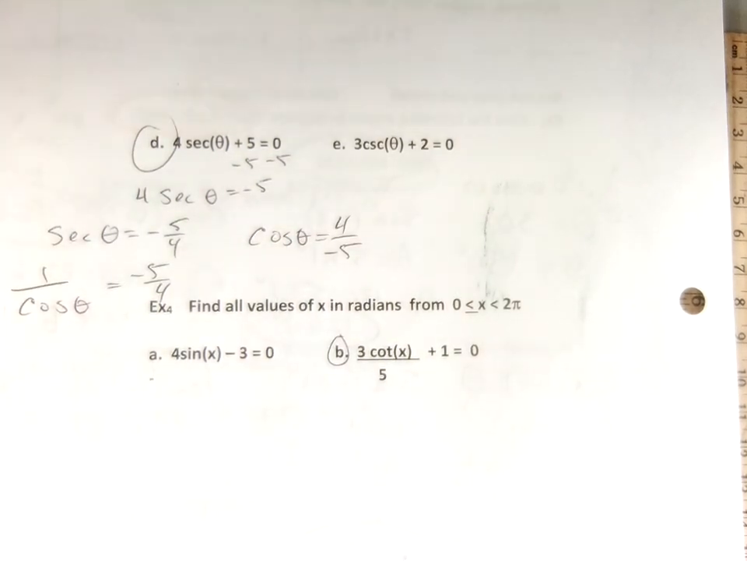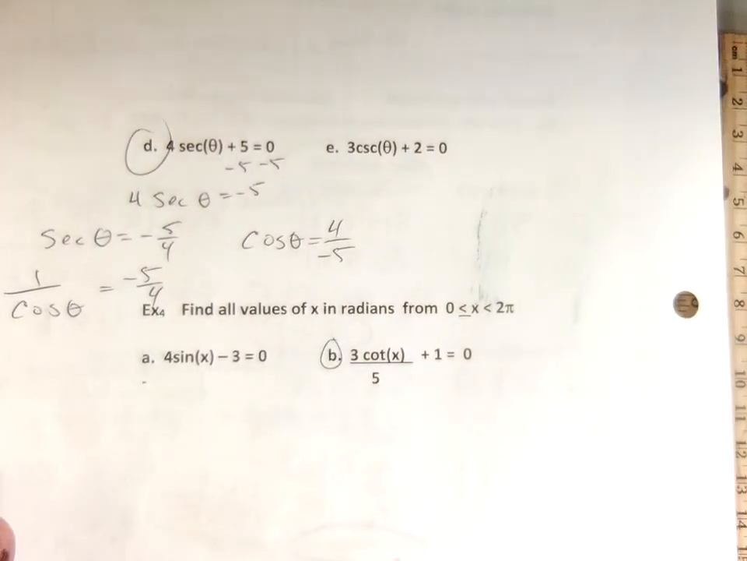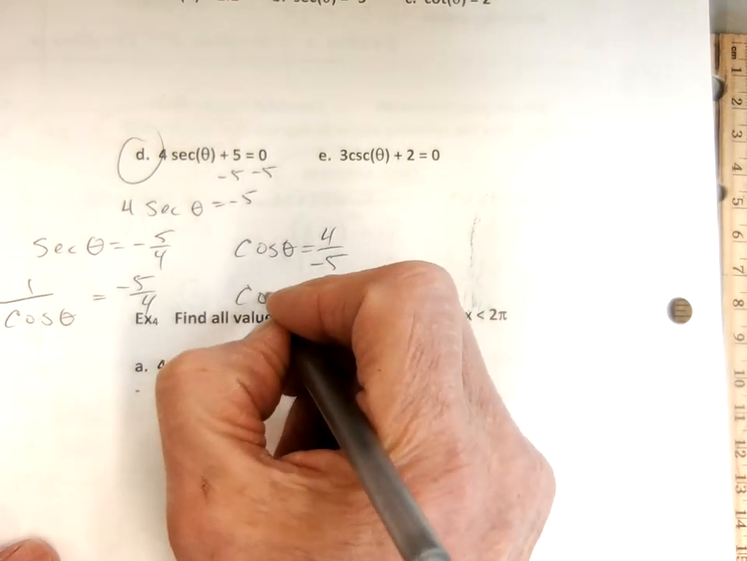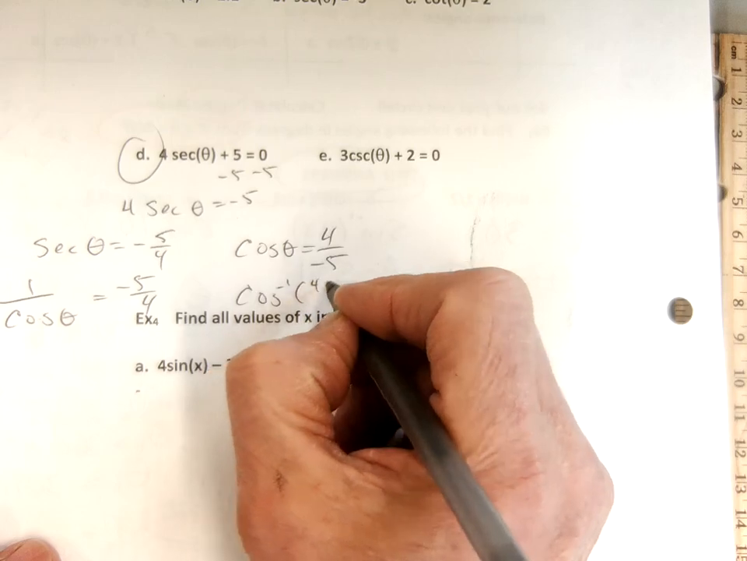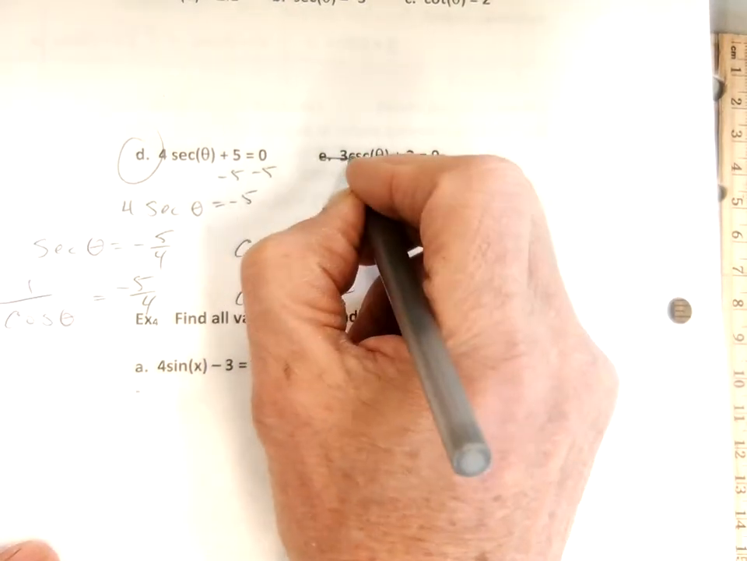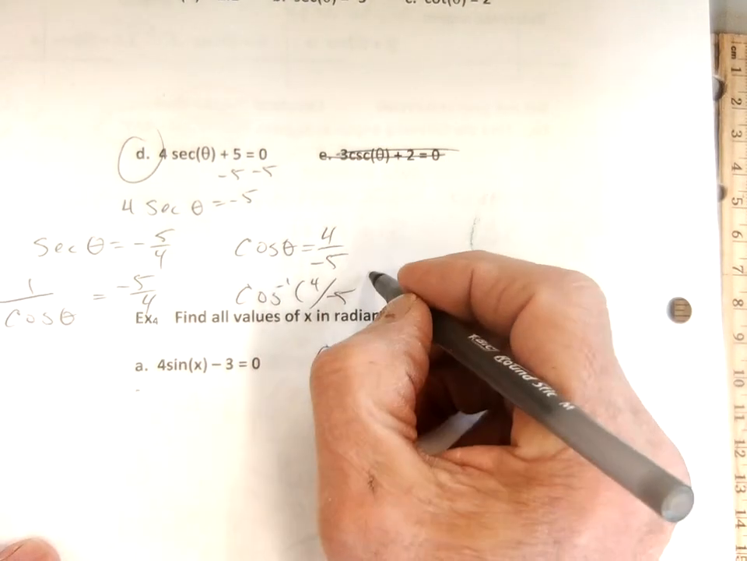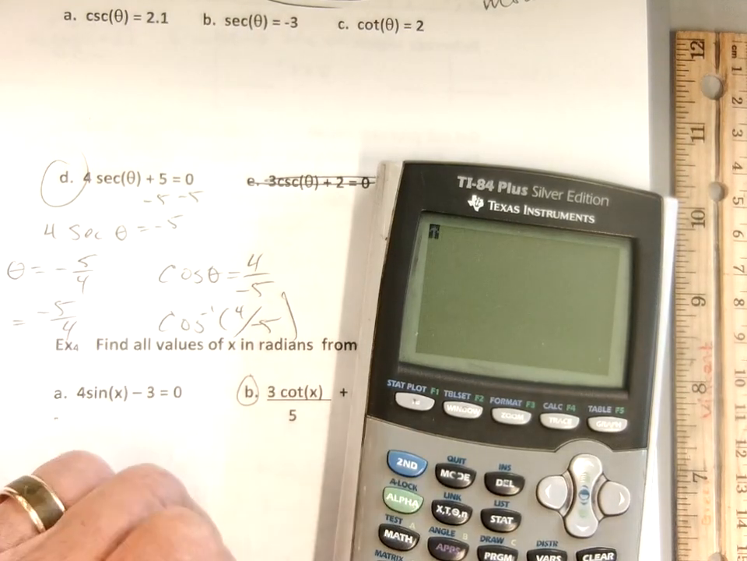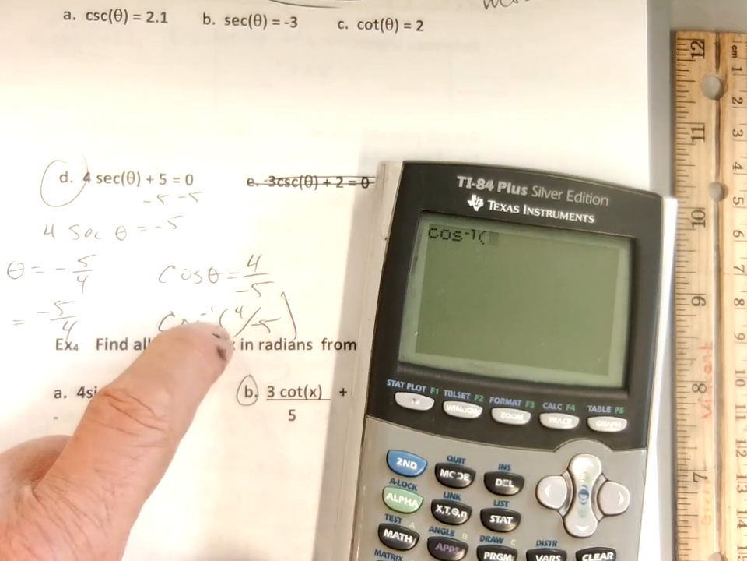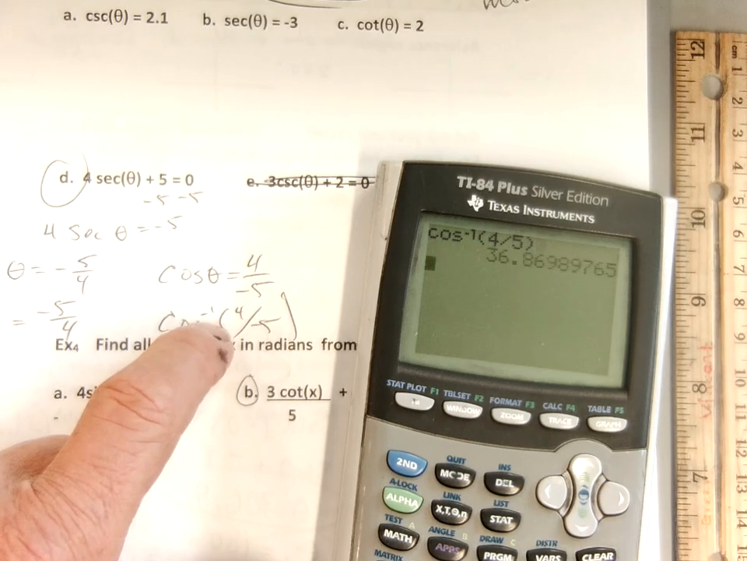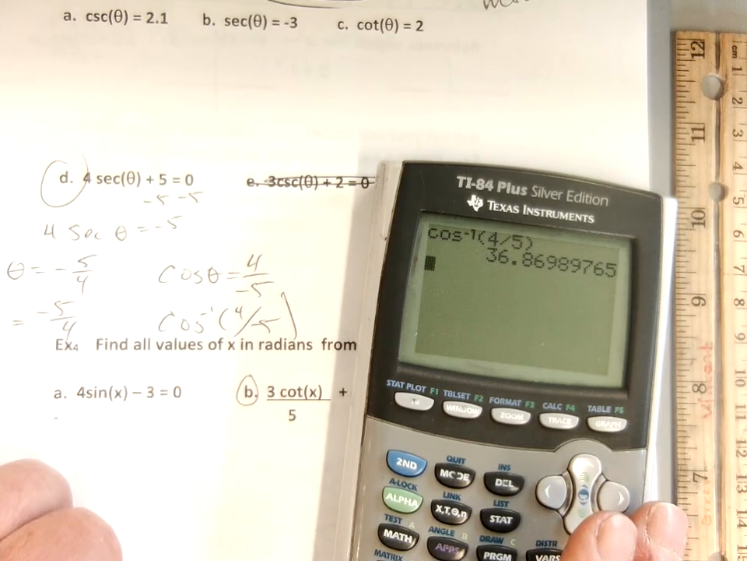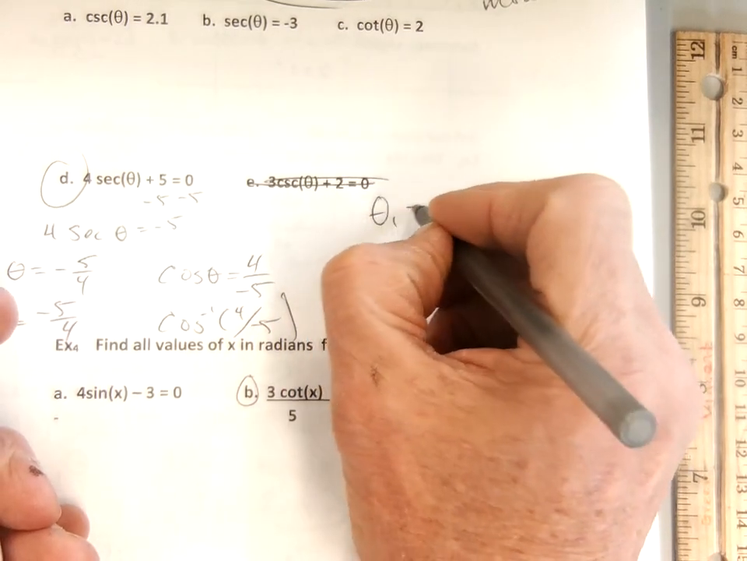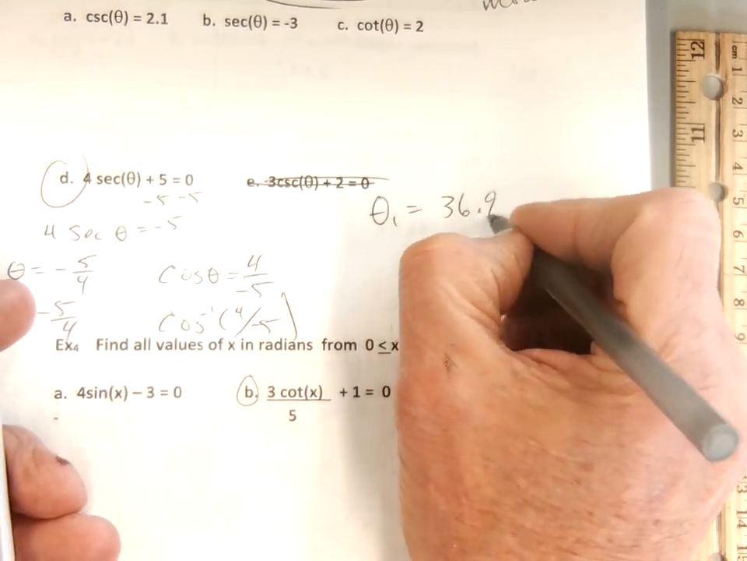So I need to find the angle. What button do I push? Right, so I'm going to go cosine inverse of my 4 over negative 5. I need the room, so I'll go cosine inverse of 4 divided by 5. About 36.9 degrees. I'll round it up. So theta 1 is 36.9 degrees. Okay, now